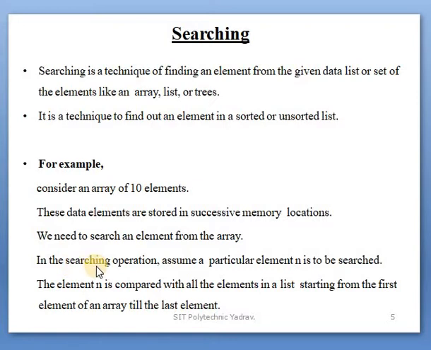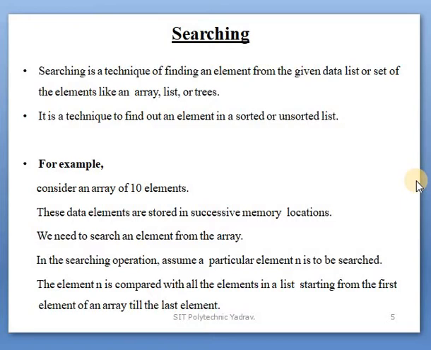For example, you declare an array of 10 elements, stored in memory: 1 2 3 4 5 6 7 8 9 10. The element 1 is stored at the 0th position in the array. The last element, 10, is stored at the 9th position, because array indexing starts from the 0th location.